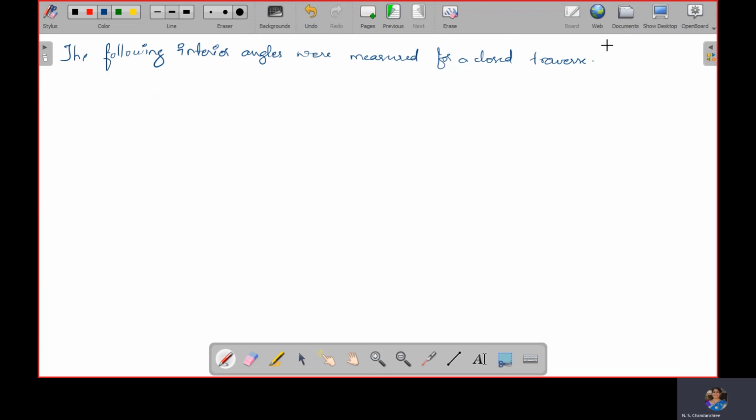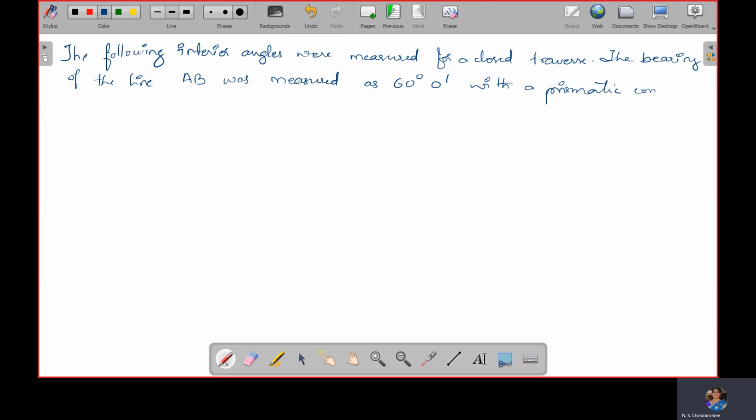The bearing of the line AB was measured as 60 degrees 0 minutes with a prismatic compass. Calculate the bearing of all the other lines